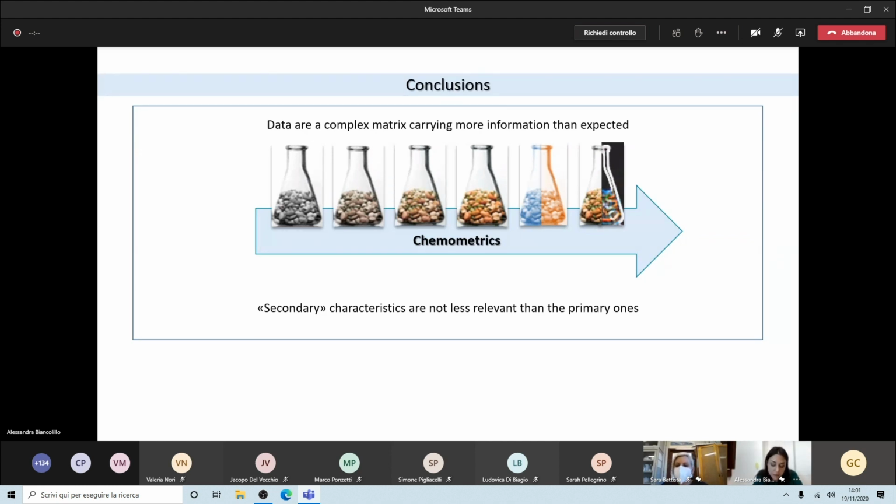So what I always suggest to students and other researchers is to apply chemometrics, study chemometrics or ask for help, but apply it, because secondary characteristics could be less feasible, but this does not mean they are less relevant. We need to put a bit more effort, but we have to perform data analysis, because we will always discover something more, and this means that we will always gain something. So it will require a bit more effort, but it will pay back.